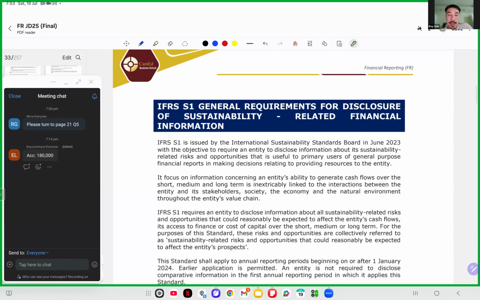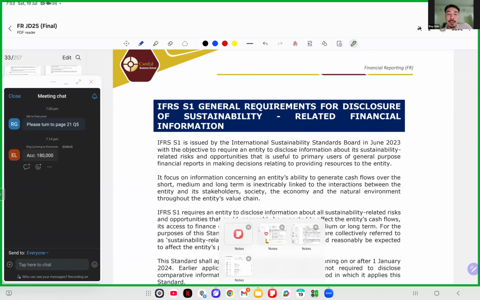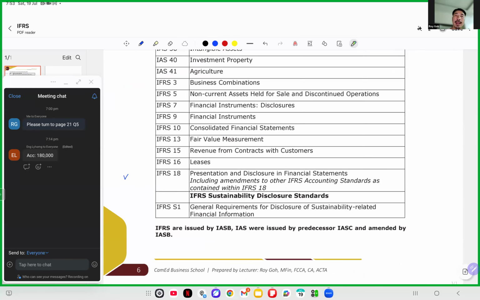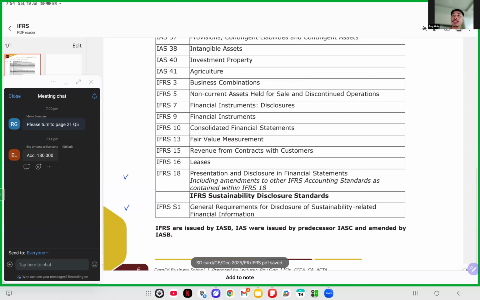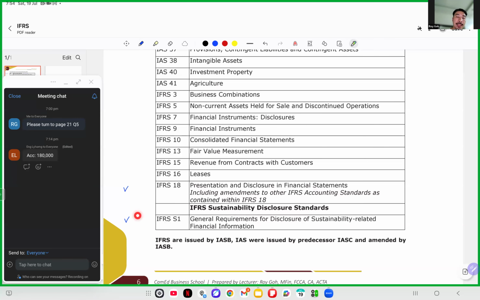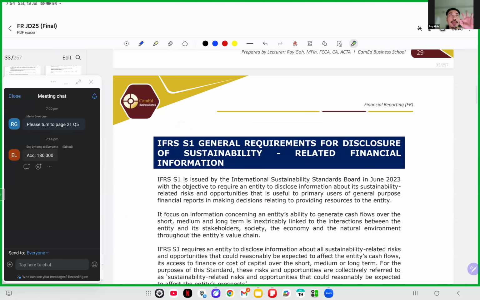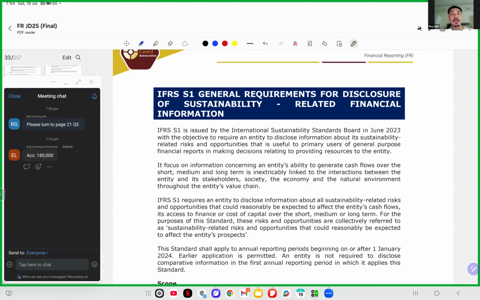Then you have another standard to learn with me that is called the IFRS S1. Look at the bottom of the page. You have S1. It's about sustainability. Ladies and gentlemen, where are you now? You are here on page number 30. If you visit World Wide Web,